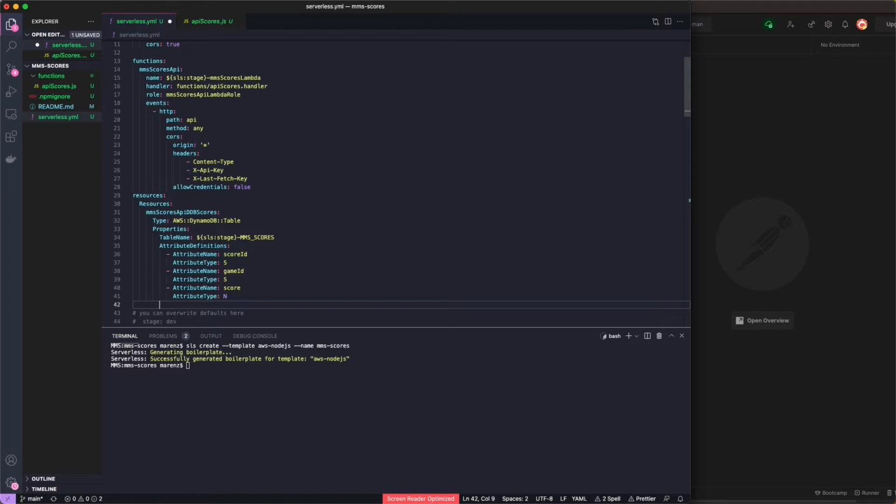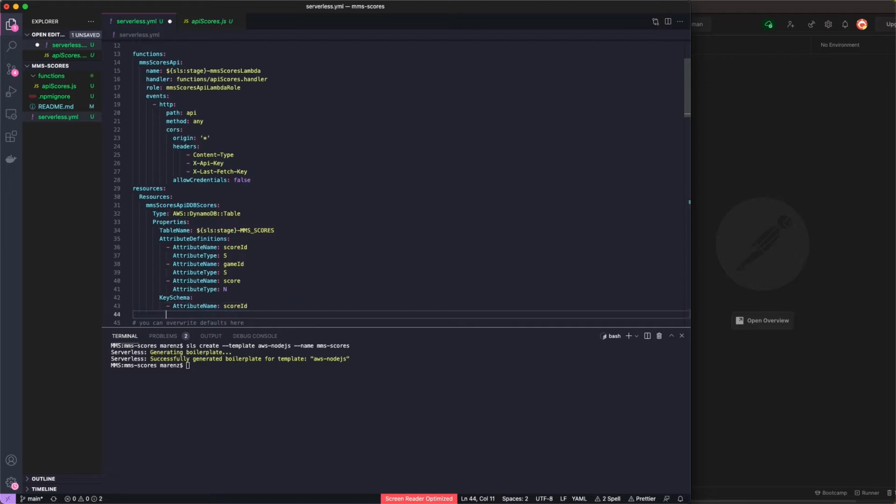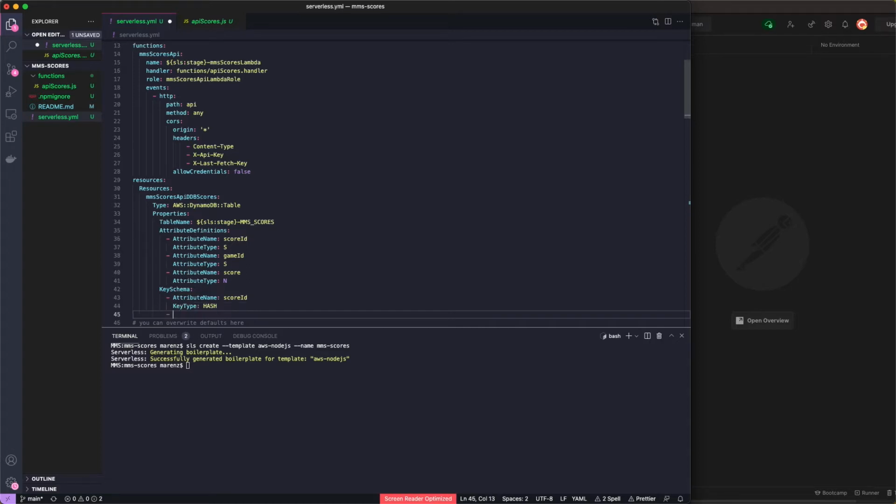So those are our attribute definitions, and now we're going to describe our key schema. In this case, we have a compound key schema. We have an attribute similar to what we had before. Attribute name, score ID, and our key type is hash. So that's what we expect, right? So that's what you would think of as a primary key, in this case, a partition key. But we have another key,